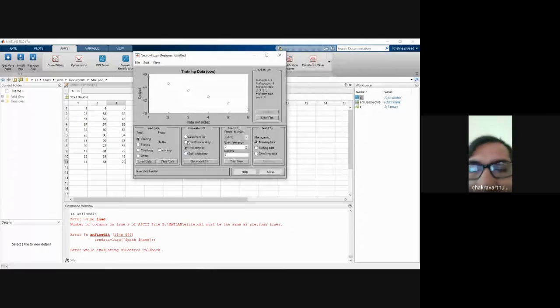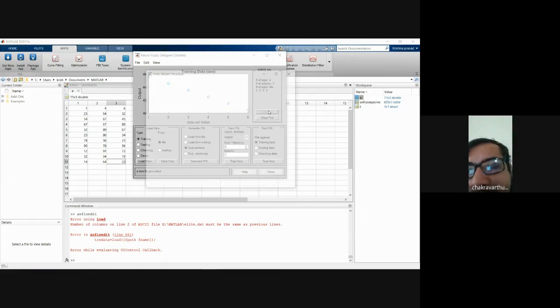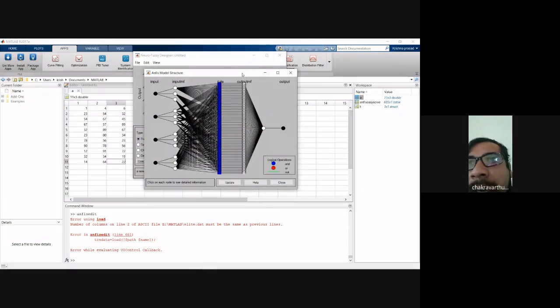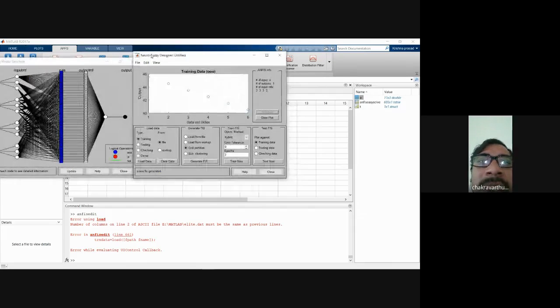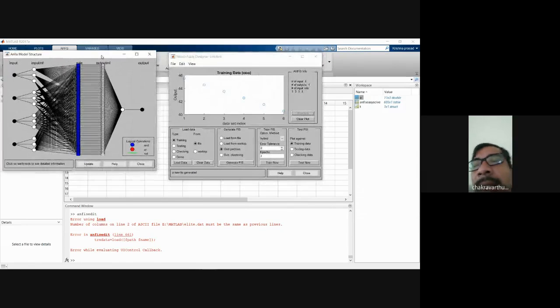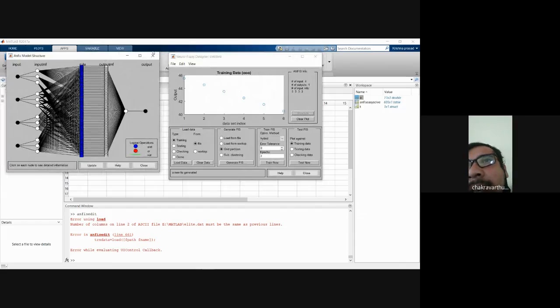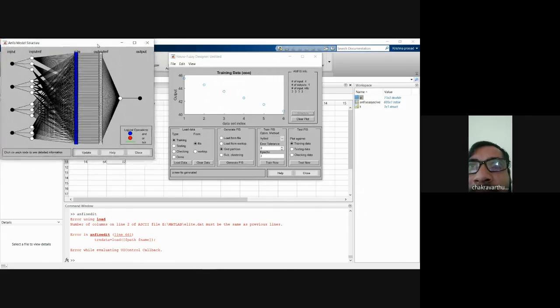When you are uploading the input data, if you have all the values in one file, each column is taken as input values. If you have four columns in one CSV file, automatically the first three are taken as input values and the last column is taken as output.